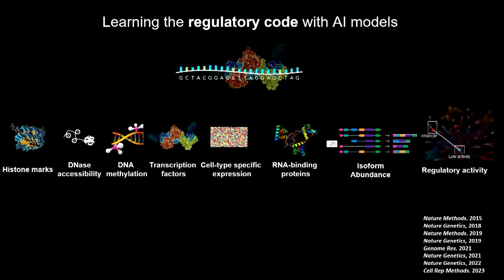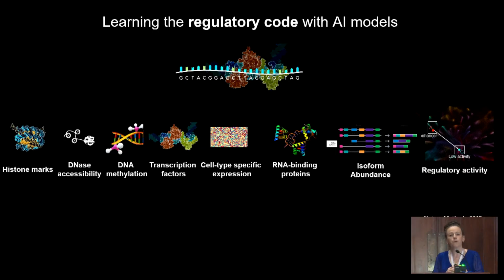A lot of these are published, several of them are not, but we can do that for transcriptional. So, histone marks, DNase accessibility. We have a model and review. Any of you, if you're interested, I'm happy to share the actual model. For DNA methylation, we can predict transcription factors, cell type specific and context specific expression, post-transcriptional regulation through looking at RNA binding. We recently finished a model that can go from there all the way to predicting actual isoform abundance. So there was a big theme on long read sequencing, and so this has been able to predict that variant effect on that in a tissue-specific way. And finally, really integrating the transcriptional effects into regulatory activity.